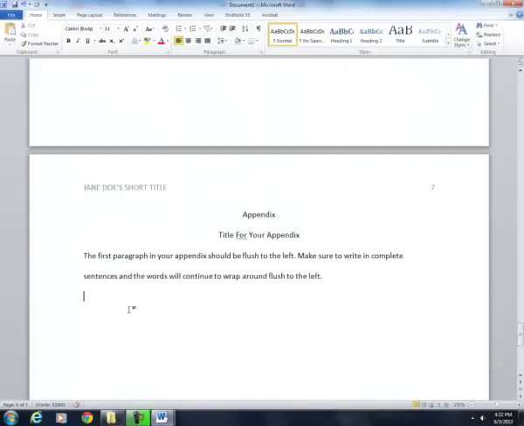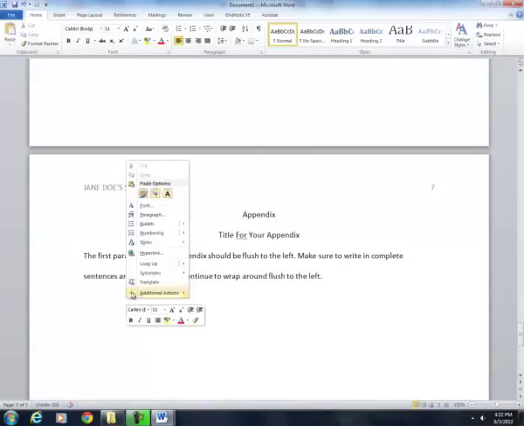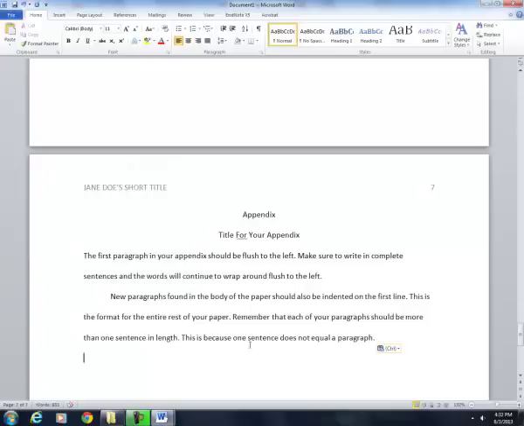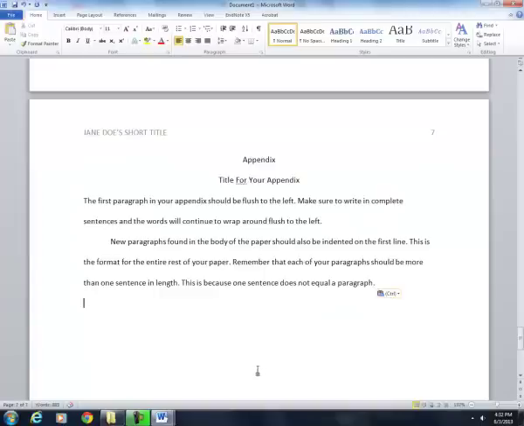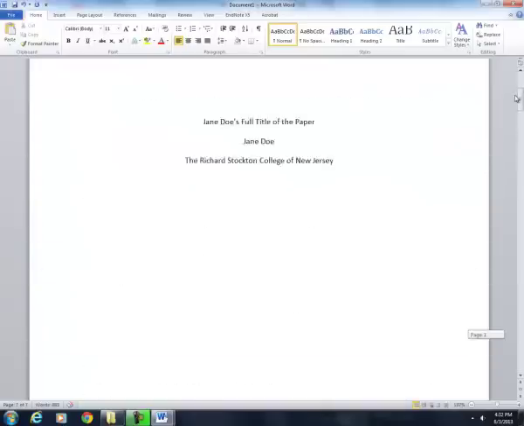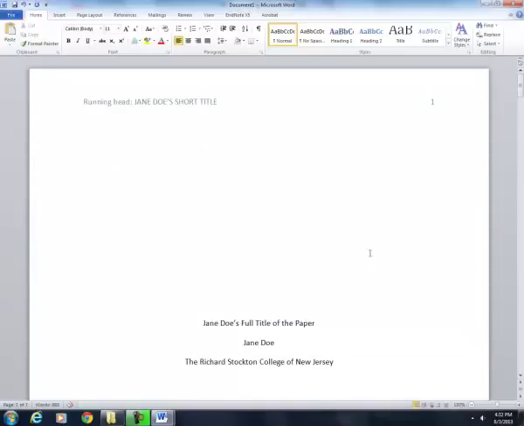So I'm just copying one of my example paragraphs from the body of the paper. And this is what the paragraphs in your appendix should look like. But again, you may have bullet lists here, you may have lists of questions. Yours may look slightly different from this particular appendix, but when you're writing text in the appendix, this is what it should look like. Alright, let's take a moment just to summarize what it is that we have included in